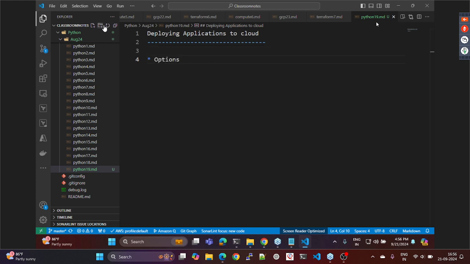Let us try to basically speak about options. The first option which we have is virtual machines or EC2 instances. Okay. So if I have to deploy my application, even though I'm trying to write a Python application, the story remains the same irrespective of programming language. So first try to create virtual machines, and in the virtual machine, what are the steps? So install Python, create